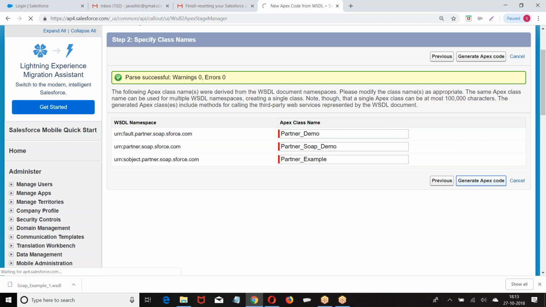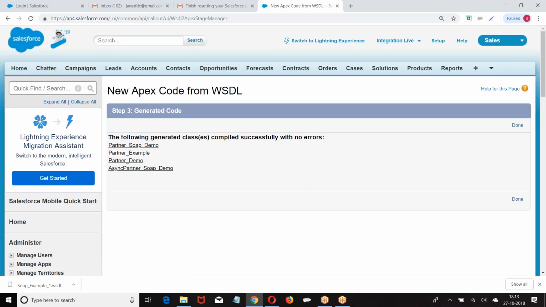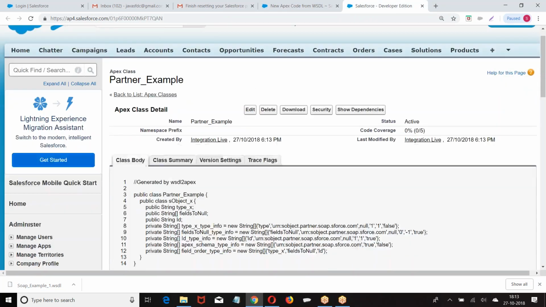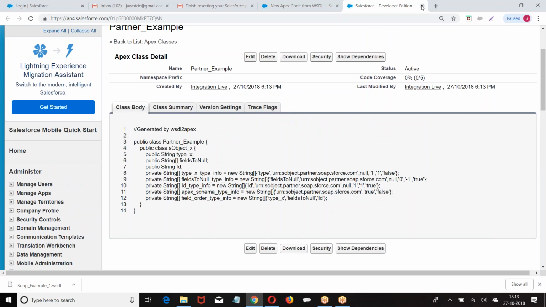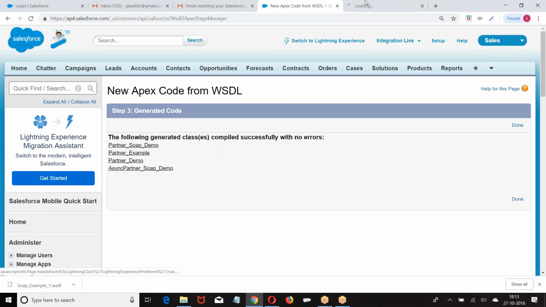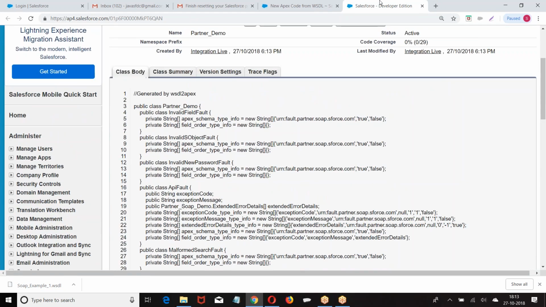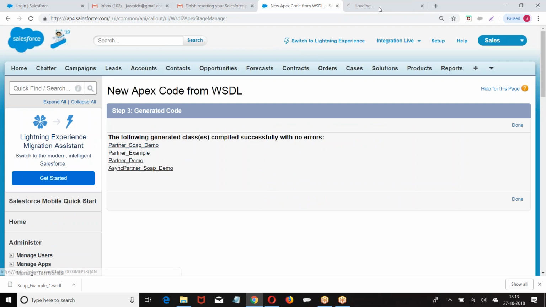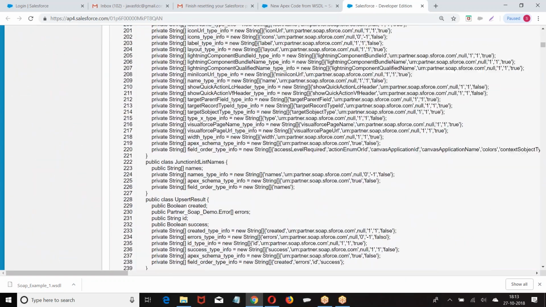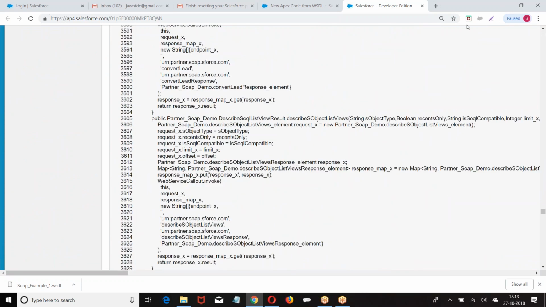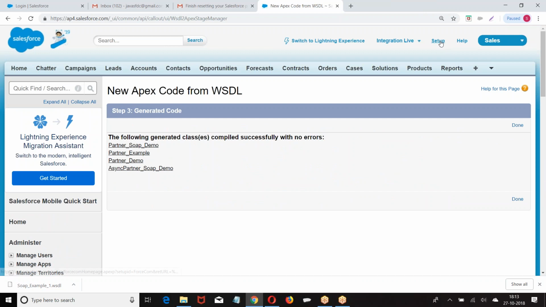Generate. Now they gave a visual file, I rectified the errors, then I consumed it. Once I consumed it, this is the file which is generated. Now I consumed it and I got the files.